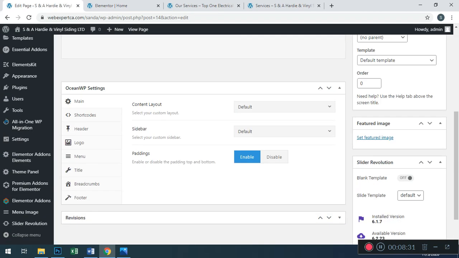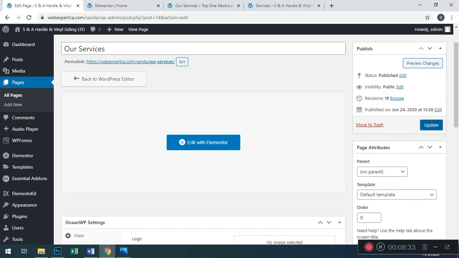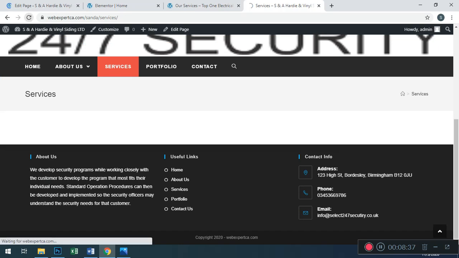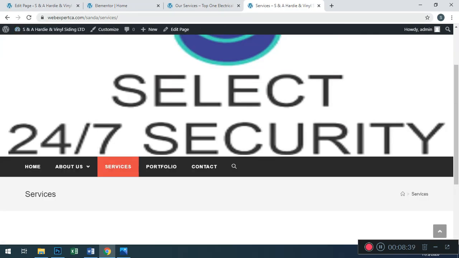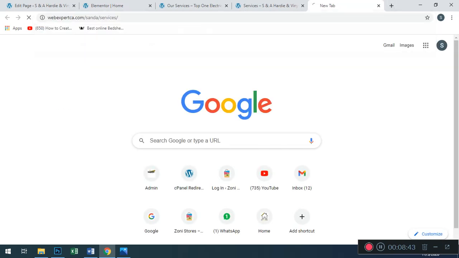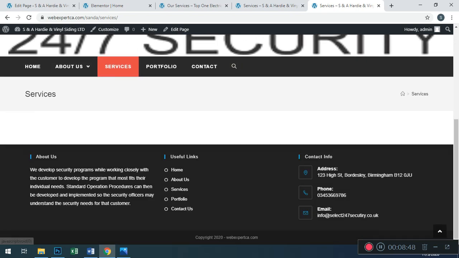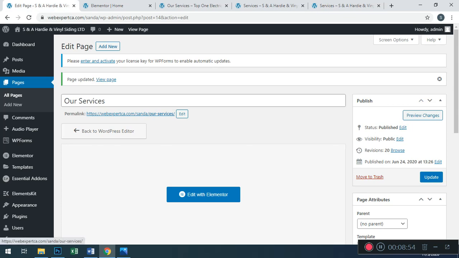Going to update because we removed the logo last time. Press the update button, and again check the update. This may be coming from the cache of our system. Copy and paste again. No, nothing shows here. Maybe we are working on another services page.